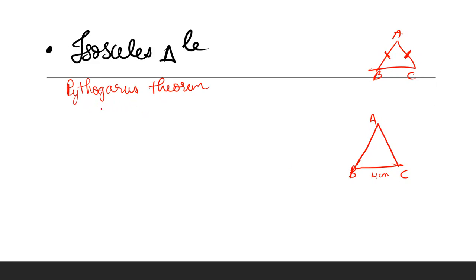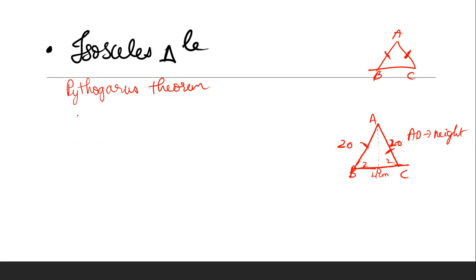So here, firstly, we need to divide this triangle like this by AD. This AD is nothing but the height. This AD must be drawn in such a way that it divides BD and DC equally. So that means this will be 2 centimeter, this will be 2 centimeter. And let's say here our side is 20, and here we have also 20 because we know that in an isosceles triangle, these two sides are equal.